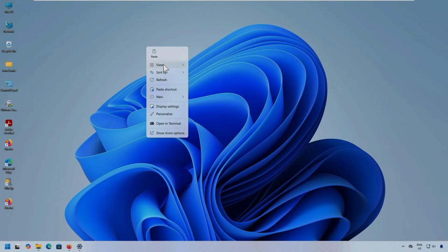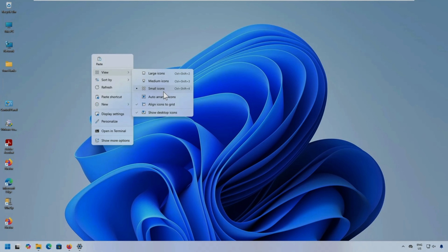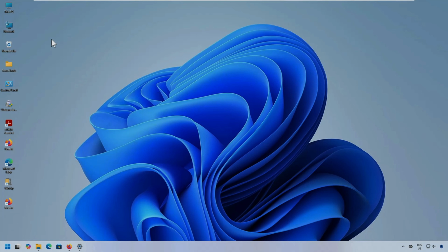Now I want to customize the icon, so I'll disable the auto arrange. I can move this icon wherever I want. So I wanted to place this recycle bin on top, then my PC, then network places. So like this I wanted to place. Now if I select automatically arrange,